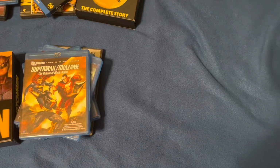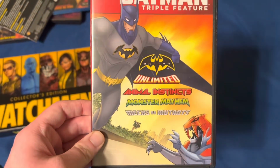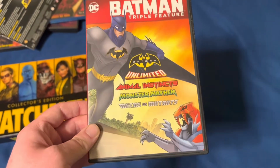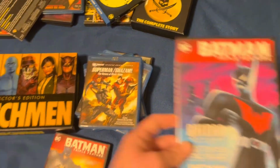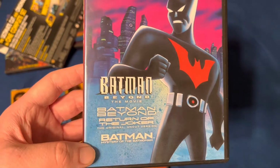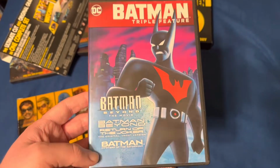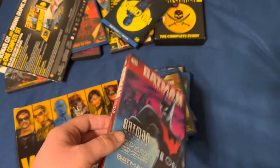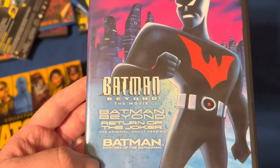Then we have some triple features. I got this one, which includes all three of the Batman Unlimited movies: Animal Instincts, Monster Mayhem, Mutants vs. Max. And then I got this one that includes Batman Mystery of the Batwoman, which is the reason I bought this, because it is one of these triple features that matches the other ones that I have. But I could have just bought Mystery of the Batwoman separately, because I already have